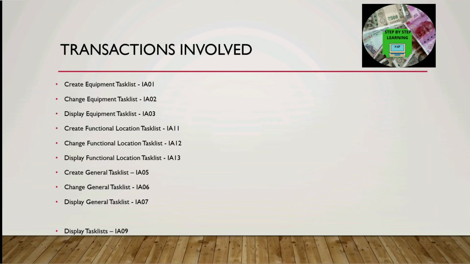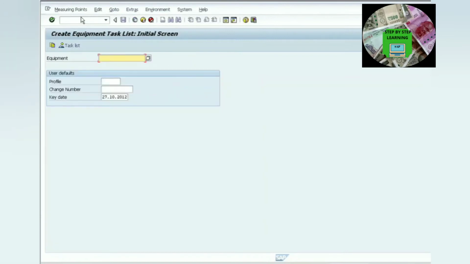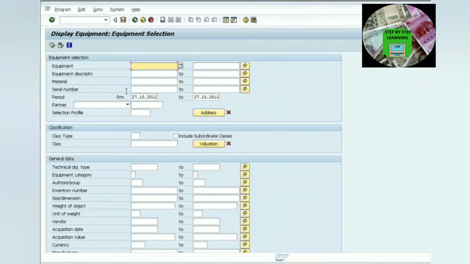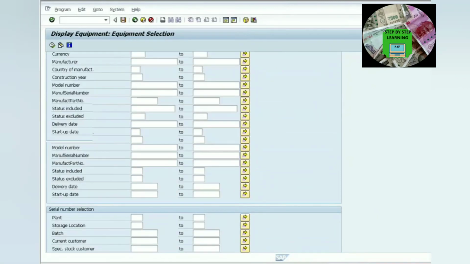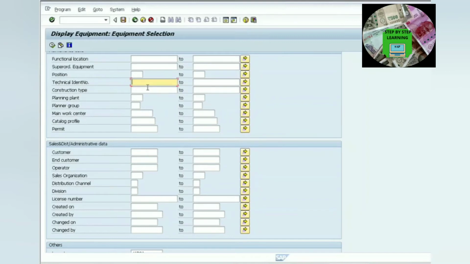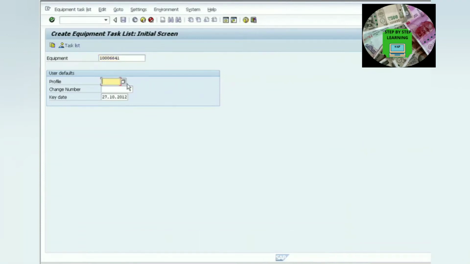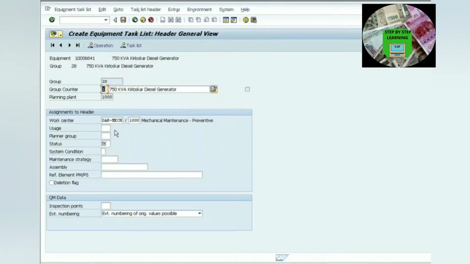Let me open the system, the demo system. So IA01 is the equipment task list creation. We will see the equipment task list first. Let me open the equipment with the identification number. Okay, we will take this one. And the profile we will select to copy the default data into the task list. That is the configuration one. We will see it in the upcoming videos. Okay, so here you can see,